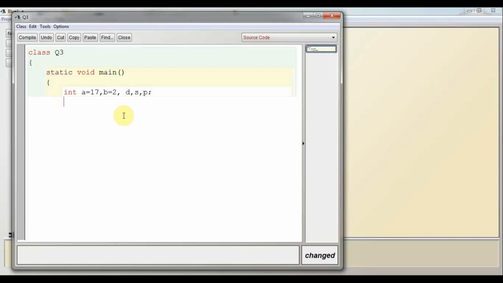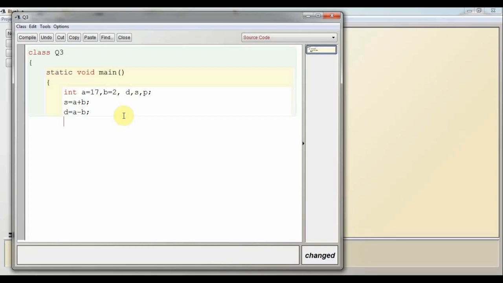Now we'll find the sum of the 2 variables. So here s equal to a plus b. For finding the addition of a and b, we'll write a plus b and assign it to s. Now d equal to a minus b. Now find the product.